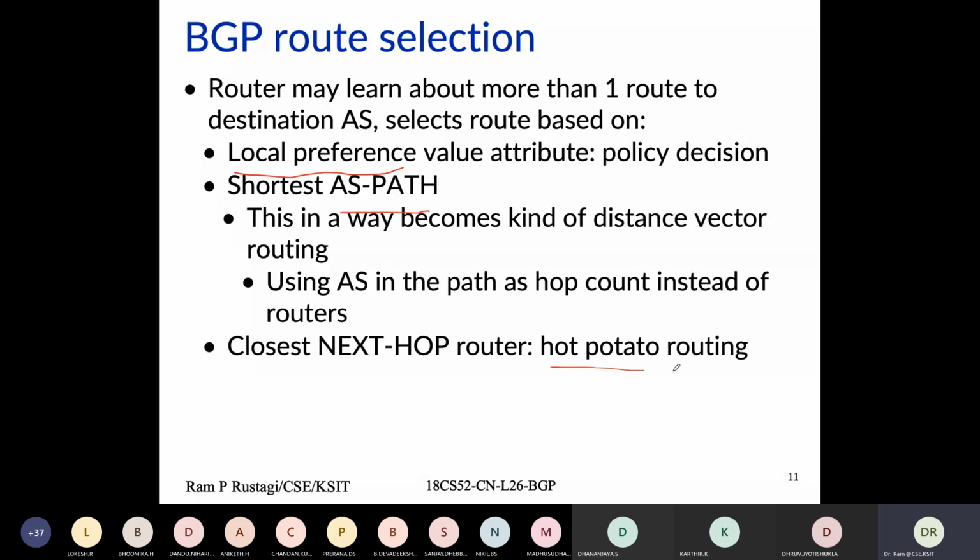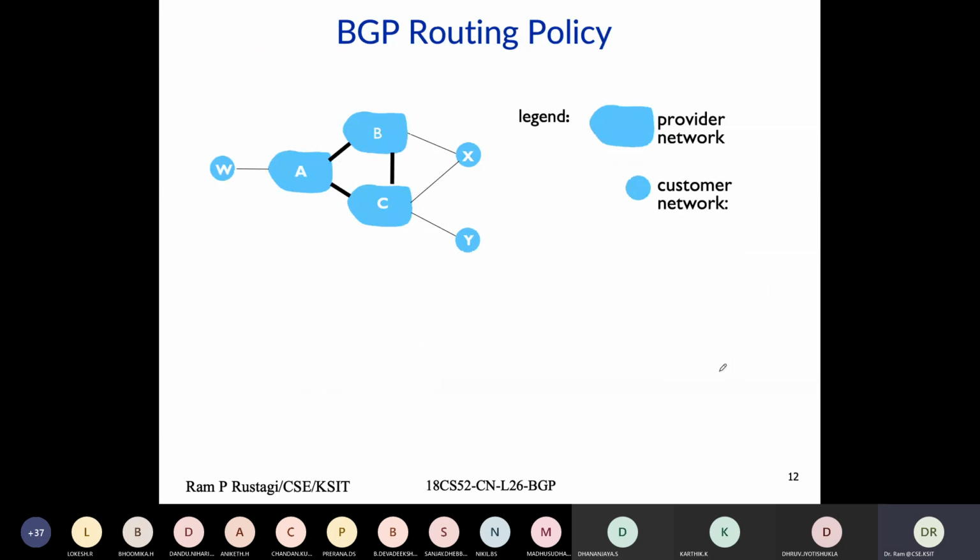That basically means I have two gateways, let's say from router 1B, one gateway is 1C, the other gateway is 1D. Then using my intra-AS routing, I determine the cost to 1C and 1D, and whichever router has a lower cost, I choose that as the next hop, and that is what is called hot potato routing. And if even that is the same, then we can resolve it by a tiebreaker called BGP ID. And in that sense,